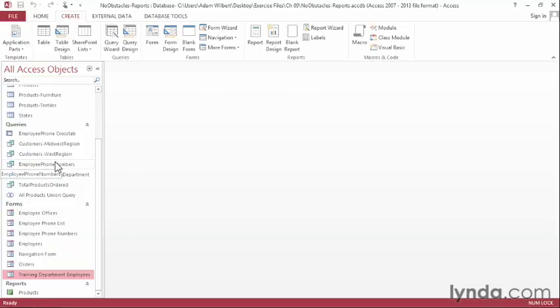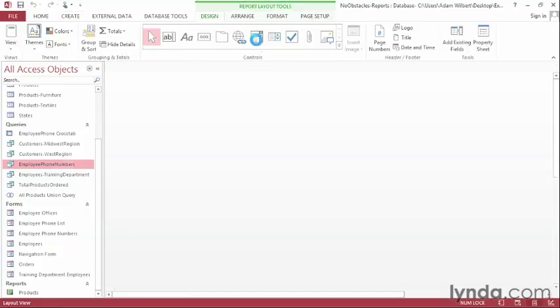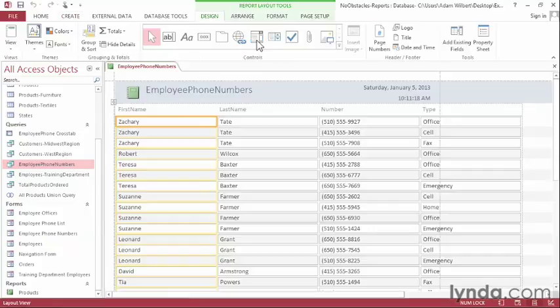I'm going to choose the employee phone numbers query that we constructed earlier in the course, and then go up here to the ribbon and press the Report button. Access generates a basic report for our data. Just like with forms, we can use the layout view that we're in now to alter the spacing and positioning